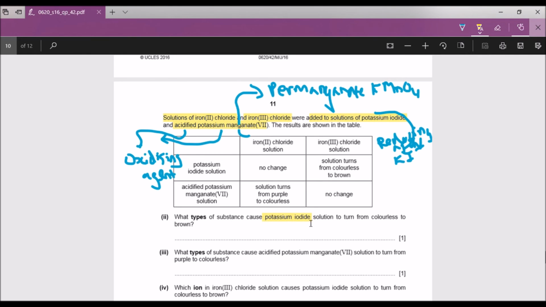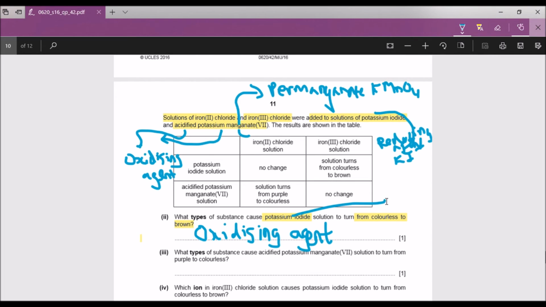Potassium iodide is a reducing agent, so it gets oxidized itself because it's reducing something. The colorless to brown part is just potassium iodide getting oxidized,